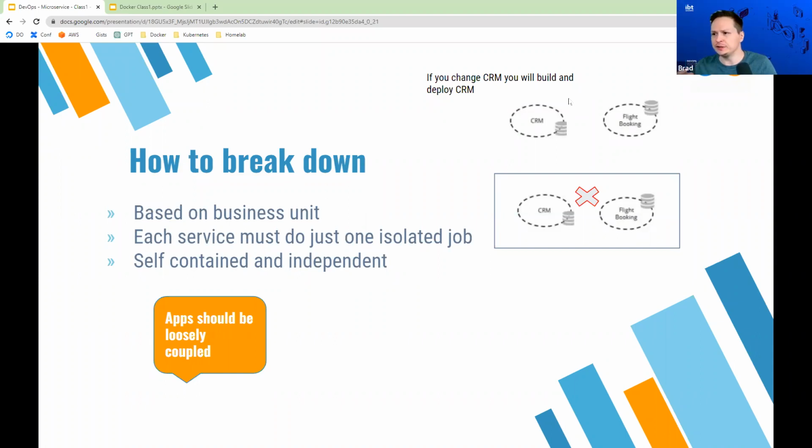We know the customer management system, CRM, is different than the actual flight booking stuff. There's not a lot of components that work together between these things, so we can break them down into different components quite easily. And now we have two separate services that aren't tightly coupled, and we can maintain and administrate them separately.